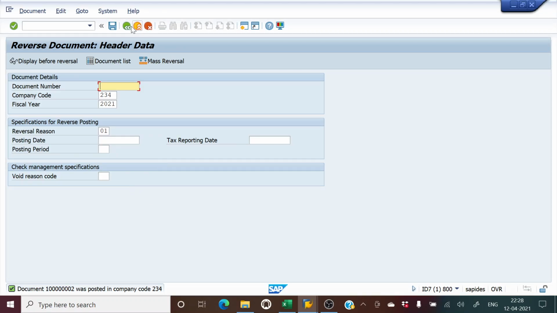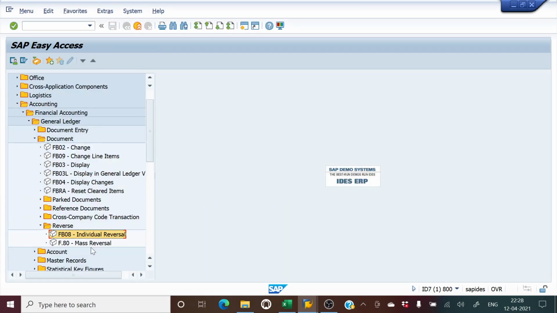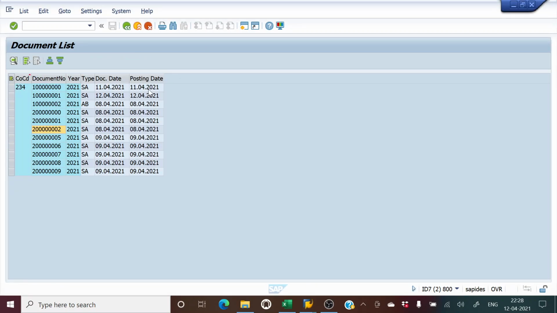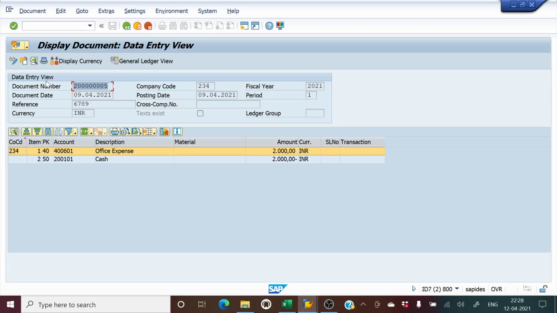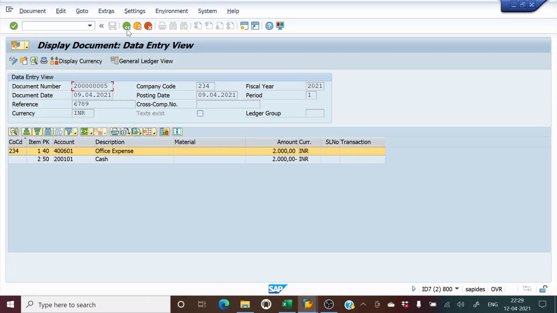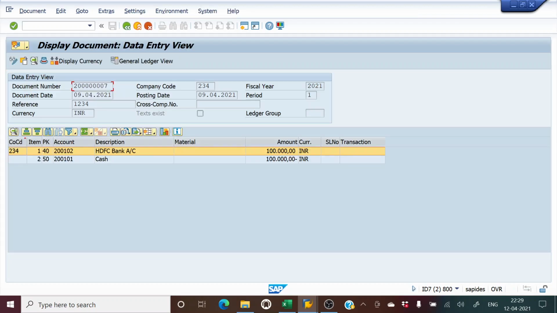So what we will do is go out of this screen, and then we click on mass reversal. Now we will enter the company code 234. Document number, we will take 2005, the one which ends with 5, and then the one which ends with 7.